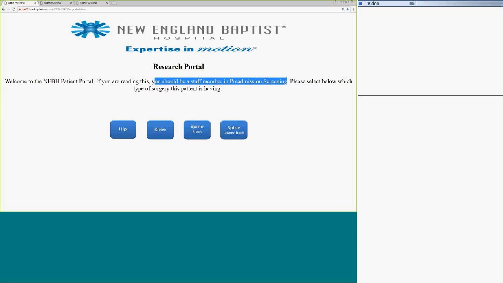If you're reading this, you should be a staff member. I guess I said that wrong. This page is seen by the pre-F staff, and make sure you select the right patient that you're going to hand this iPad over to. So say we go into the spine lower back, because that's one of the types of patients that we're trying to track. So you go into it,